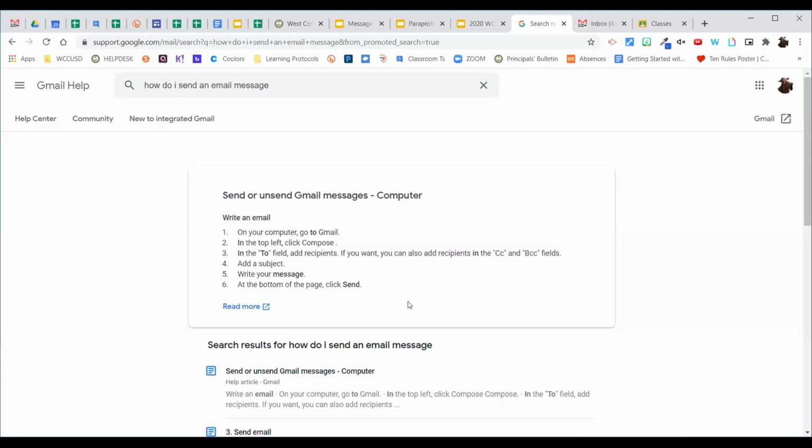You can ask really complicated questions, and I really suggest that anytime you use Google, anytime you use any kind of search bar within Google, you put in as much information as you can. You can put in whole sentences. When you put in whole sentences, when you put in more details, you're going to get better answers back. A lot of times people try to put in the fewest words humanly possible, but I don't suggest doing that. I really suggest putting in as many words as you possibly can.